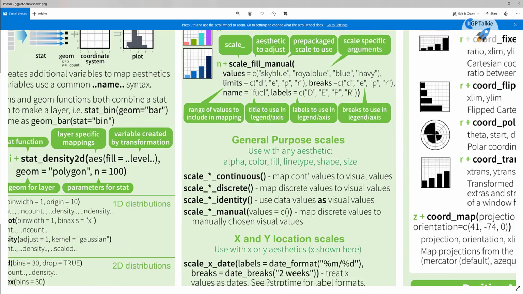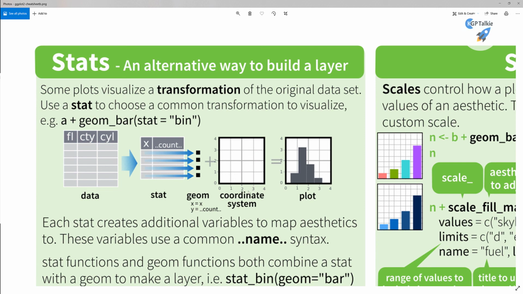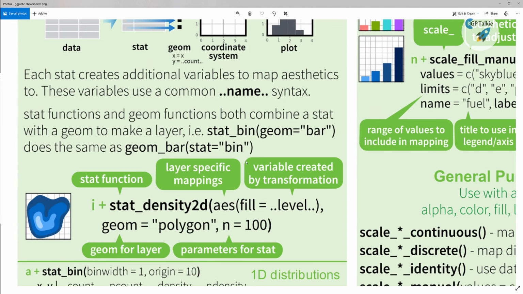If I zoom in here, then you will notice you have the data, you have a stat, and all these meet together and create a geom. So there you have a coordinate system which was plotted by the data and ggplot, and then this geom adds the data, I mean the plot itself, there. So with this axis and the plot, you will see a complete plot. It's like that. All right.